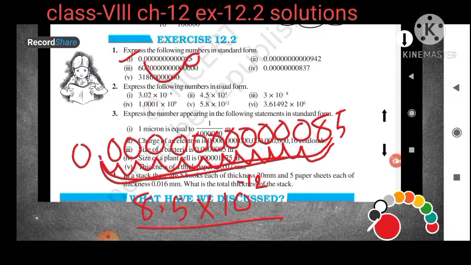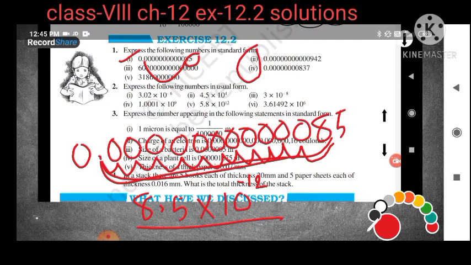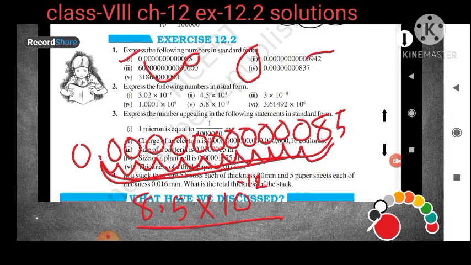In the same way you will solve question number 3 and 4, because here you can see the decimal and some numbers are there, and you will just shift the decimal. Now here you can see what will be the value. Here you have to write 9.42, and you will see this point is jumping till 9, and how many times. According to that you will write 10 to the power, and the power will be negative if you are shifting the point from left to right. So question number 1 answer will be this, and question number 3 I will solve.